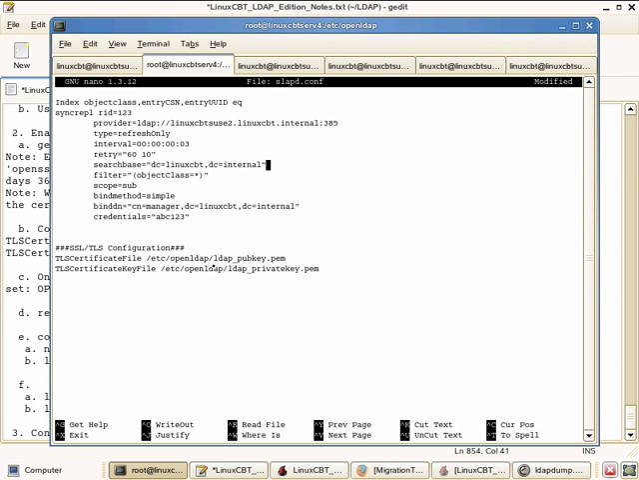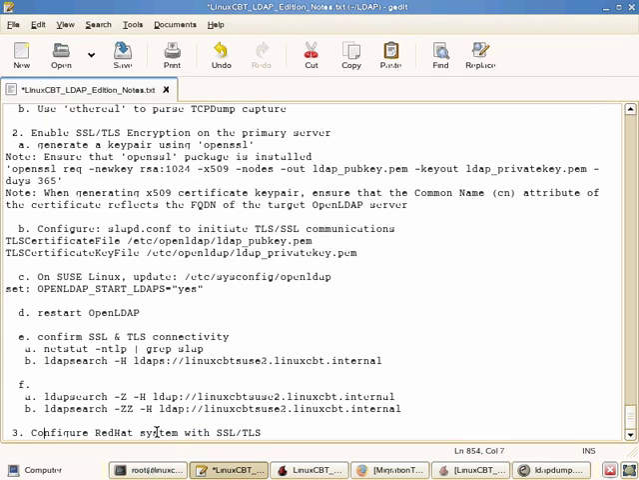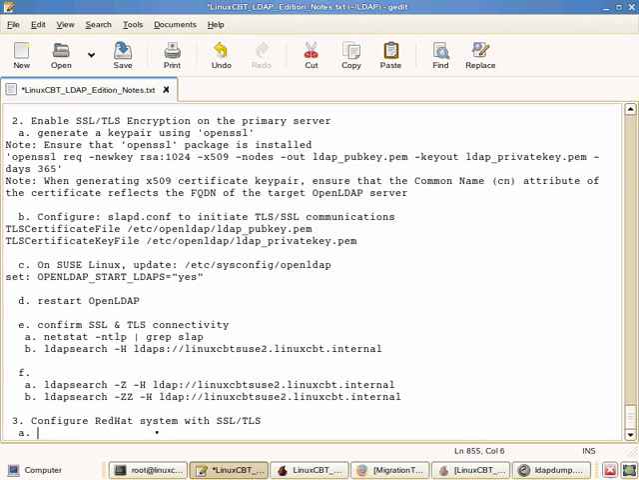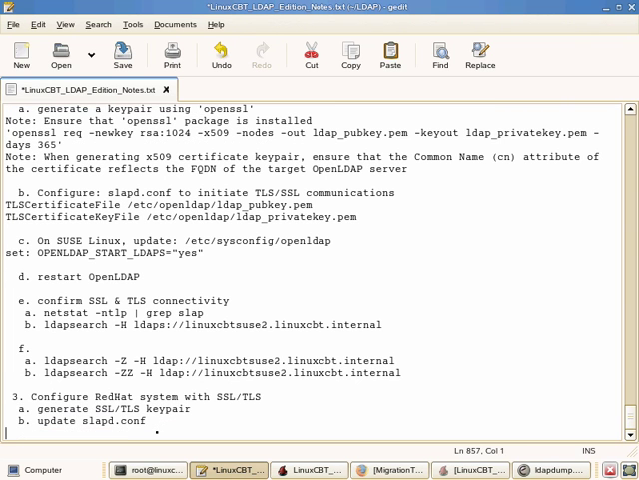So once TLS and/or SSL is in place, we can update this syncrepl process to use LDAP Secure or Start TLS. So now we've referenced the TLS certificate file and key files. Let's save the changes and restart the service. But before we restart it, we want to turn on LDAP Secure. So step 1, generate SSL/TLS key pair. Step 2, update slapd.conf. Step 3,